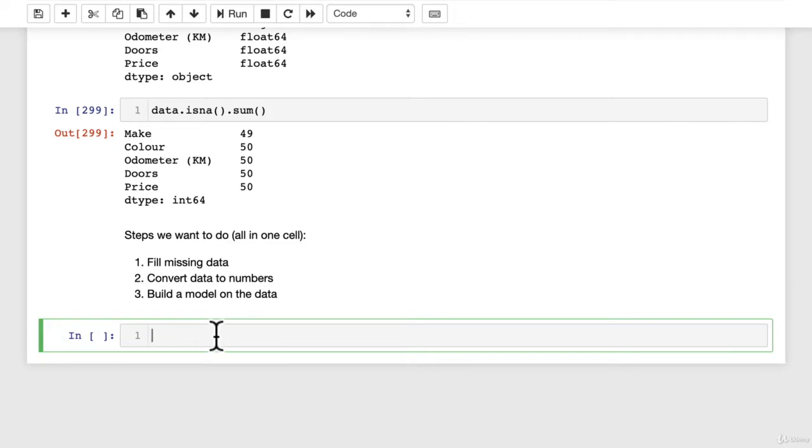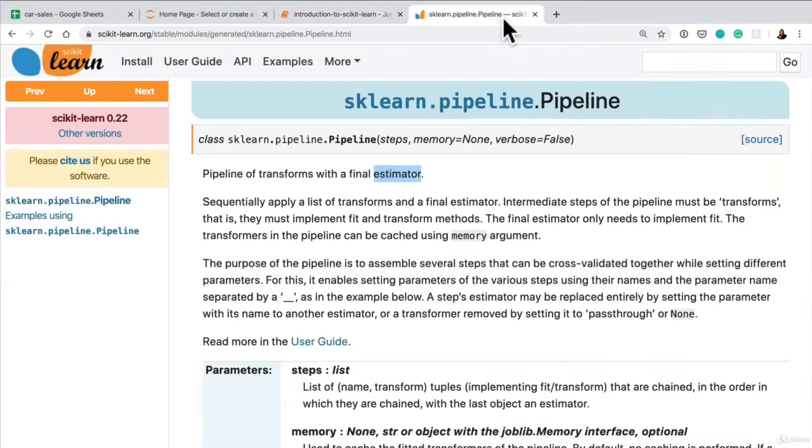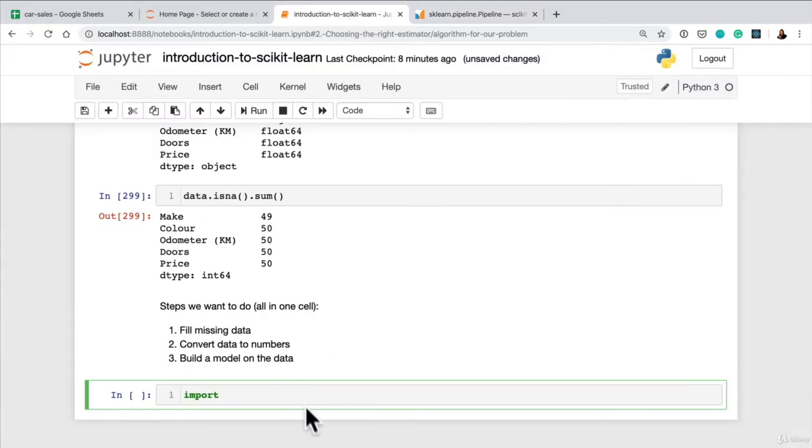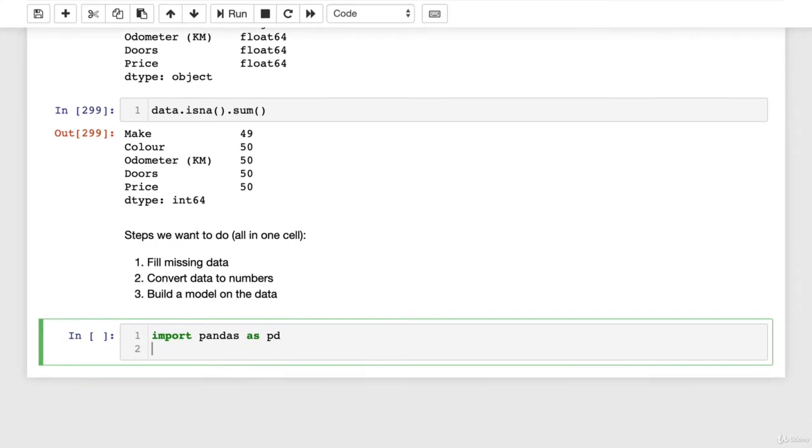All right, cracks knuckles, gets fingers ready. Let's do it. And if it seems like I'm going through this pretty fast, let me tell you, there's nothing here that we haven't covered except for the pipeline. But what we've learned in the previous videos, you'll be able to deduce, as well as reading the documentation here, what exactly is going on. So import pandas as pd, because we want to do this all in one cell. And then from